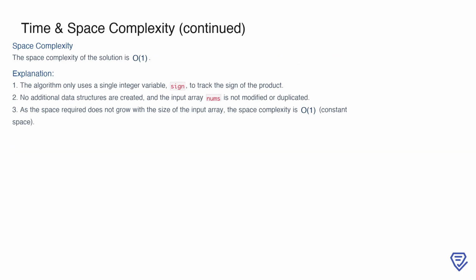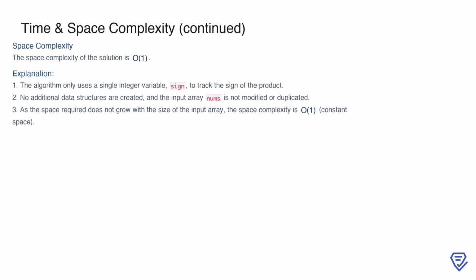Next, let's discuss the space complexity. The solution uses only a single integer variable, sign, to keep track of the cumulative sign of the product. It does not require any additional data structures or modify the input array. This means the memory usage remains constant, regardless of the array's size. As a result, the space complexity is O(1). This efficient use of memory is a key advantage of the solution, making it suitable for handling large input arrays